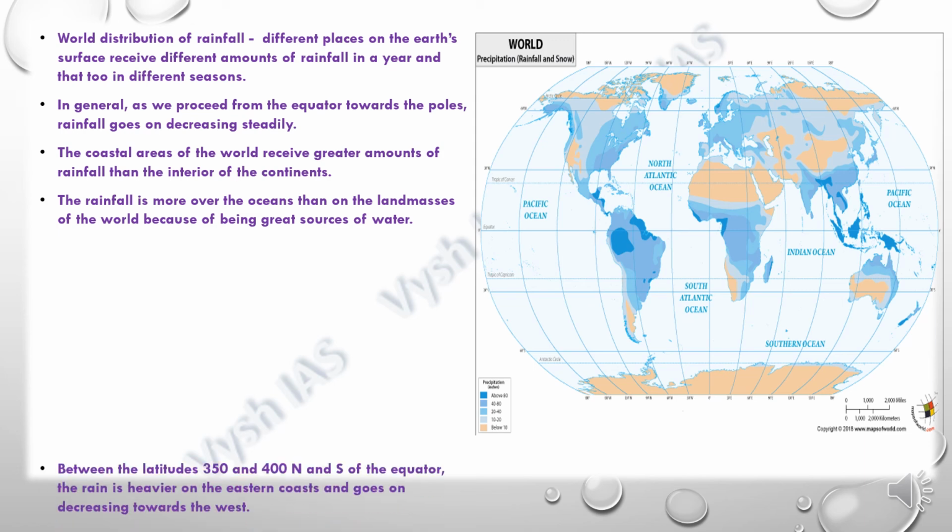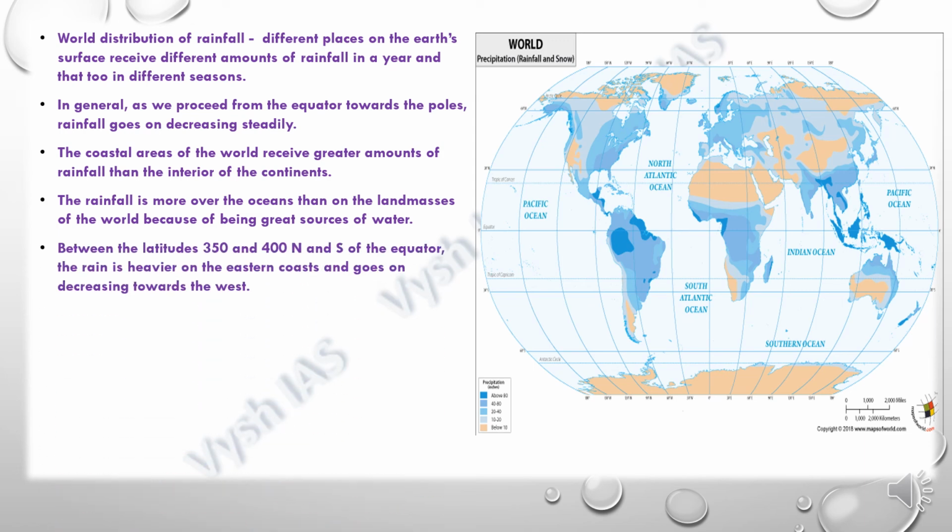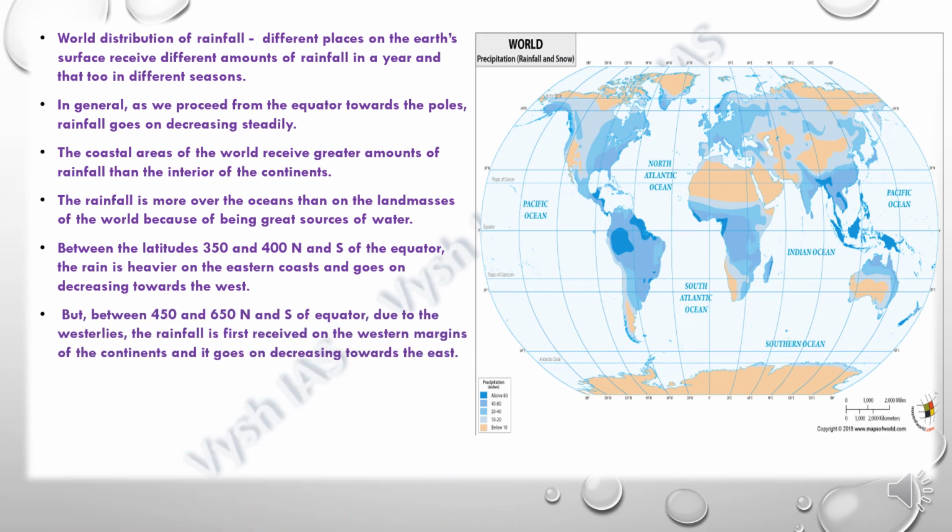Between the latitudes of 350 and 400 north and south of the equator, the rain will be heavier on the eastern coast and goes on decreasing towards the west. But what happens between 450 and 650 north and south?